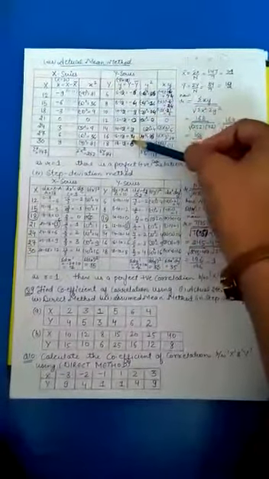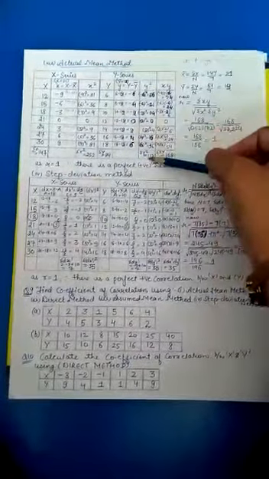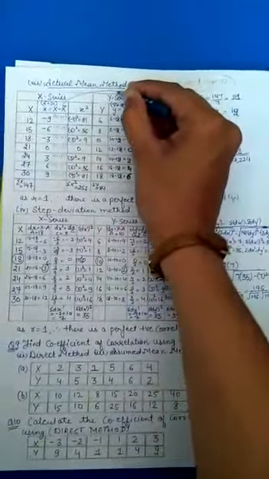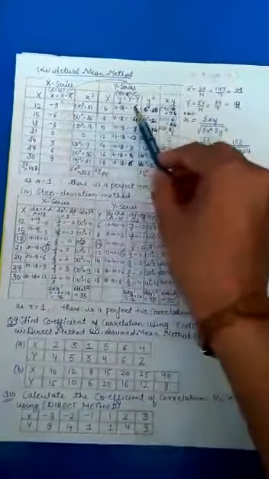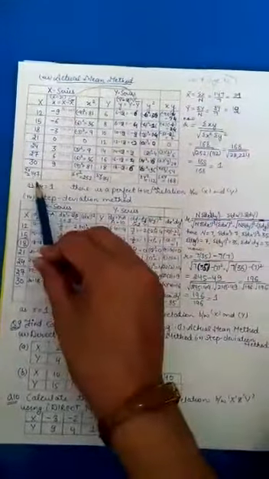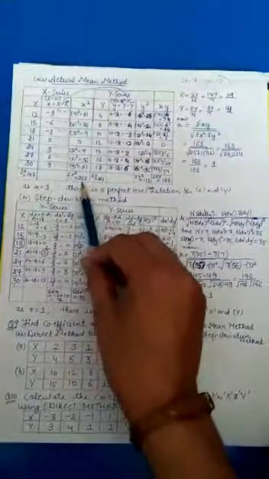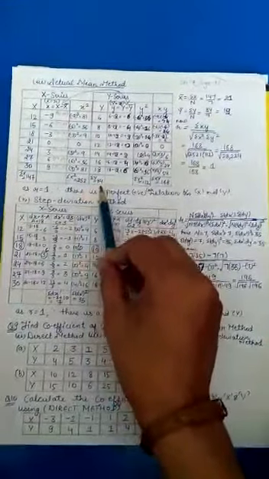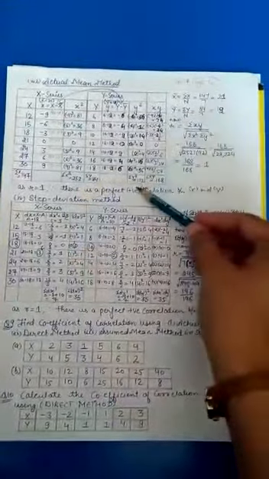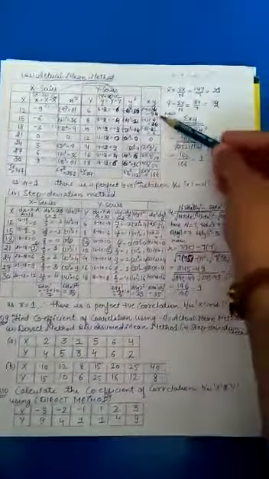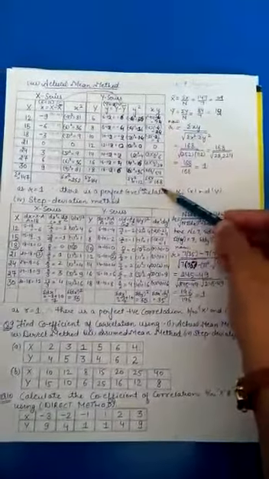Then the same you have to do with y. That y you will get here, you will do the square of y, and in this one you have to do the product of this one and your this column. These two arrows you might be seeing, so you have to do the product of this one and this one. After the product you will get 4 values, that is sigma x 147, sigma x square 252, sigma y is 84, and then you will total this, you will get 112, and here you will get 168.